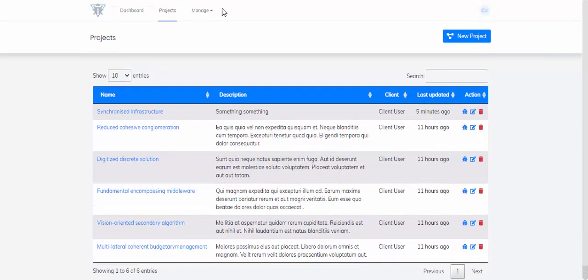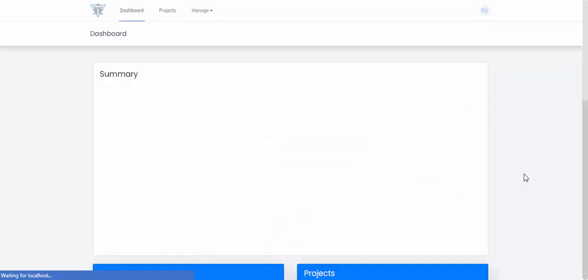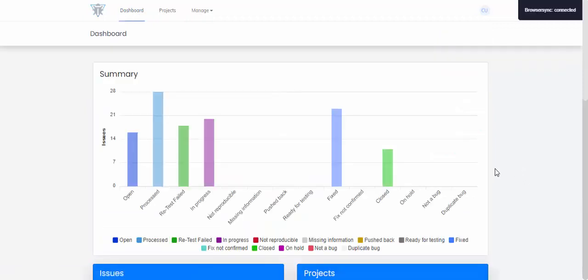Yeah. So that's the client view. We can set the client view via the roles and permissions page. So we are in the client view. Let's go back to dashboard. Before, a while ago, we were logged in as super admin. But now, since we are logged in as a client,